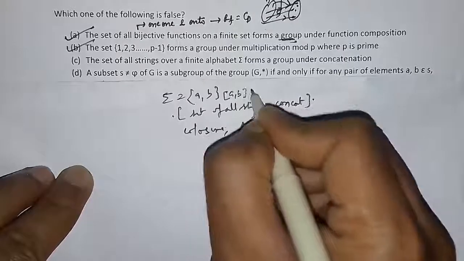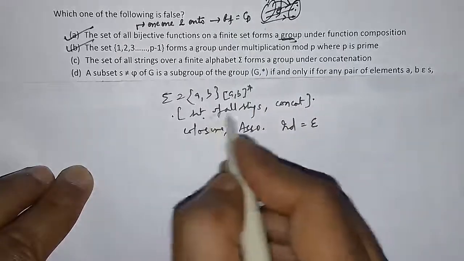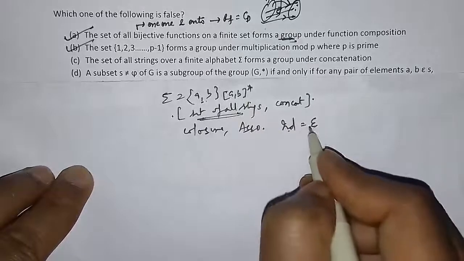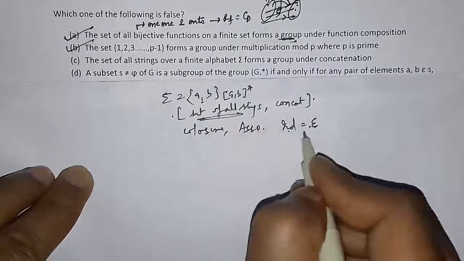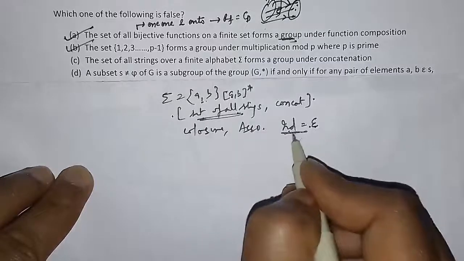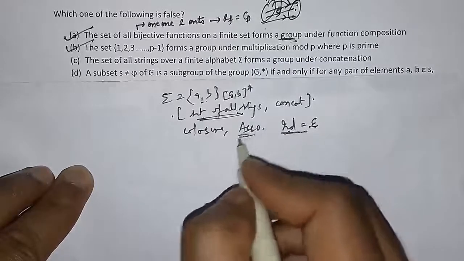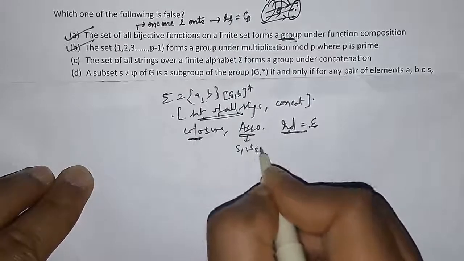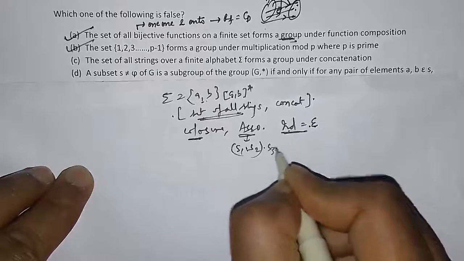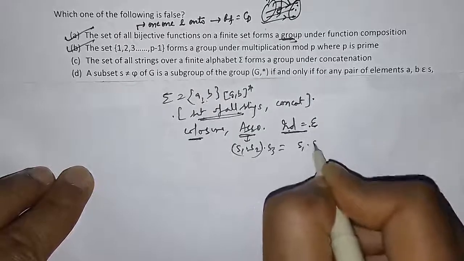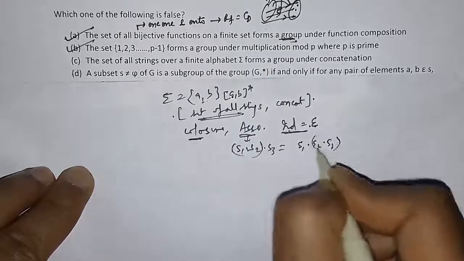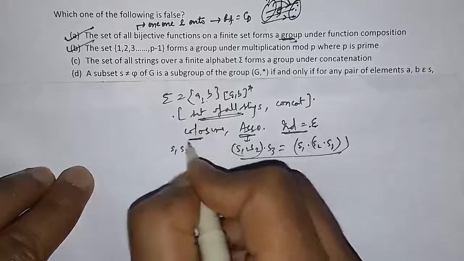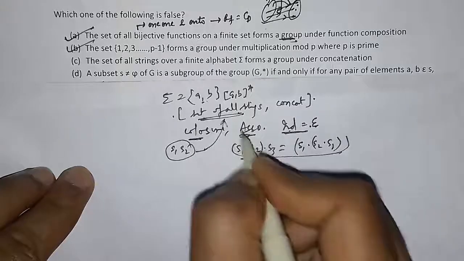This is the set of all strings over a comma b, so epsilon, the identity element, belongs to this set, so identity is satisfied. Associative is also satisfied, because s1 s2 s3 is equal to s1 s2 s3, both are equal. Take two strings s1 s2, the result s1 s2 will belong to this set, so closure